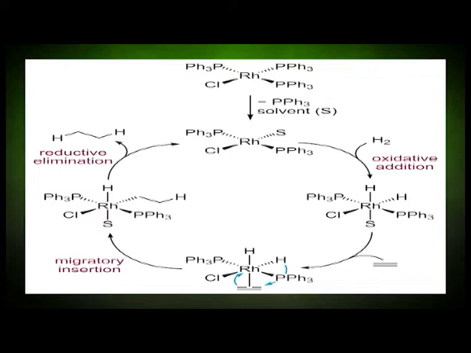The second step involves coordination of alkene to rhodium, by which both alkene and hydrogen come closer. In the third step, insertion of hydrogen on alkene occurs, followed by the reductive elimination of alkane. The reductive elimination involves a decrease in the coordination number and oxidation state by the value of 2. So this is the process by which the product alkane forms through alkene and hydrogen, in which your catalyst is